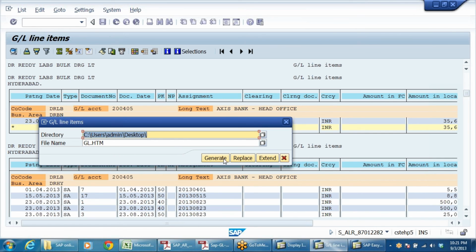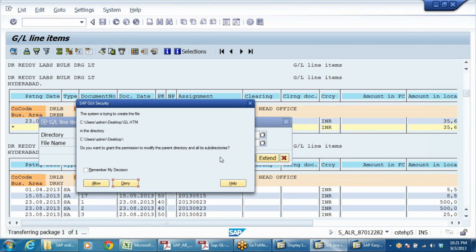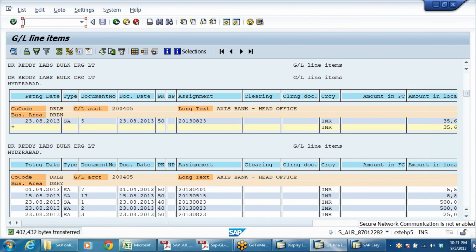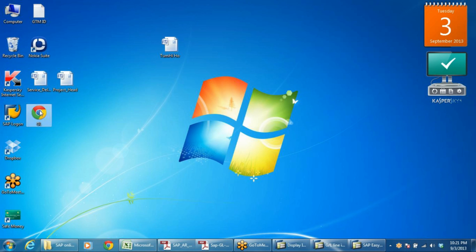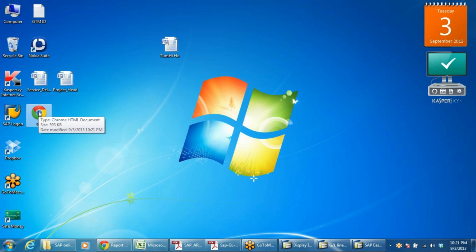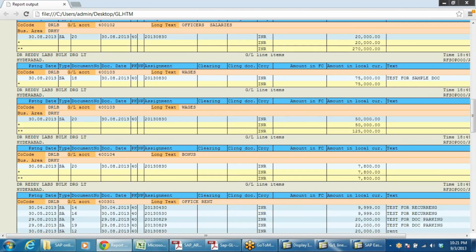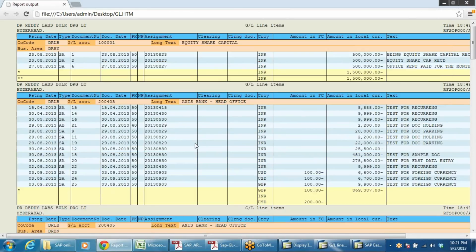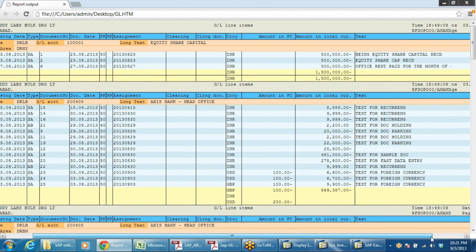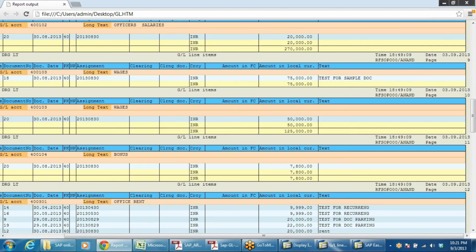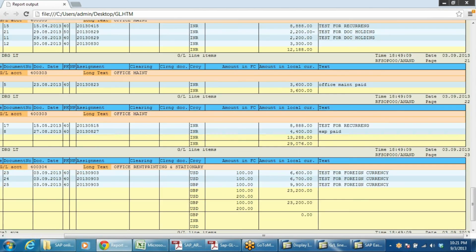Desktop, GL, generate. It will create one HTML file like this. See, move fast, and you can copy, paste, print, email it, whatever you want, you can do it. Like this, we can download all these things.